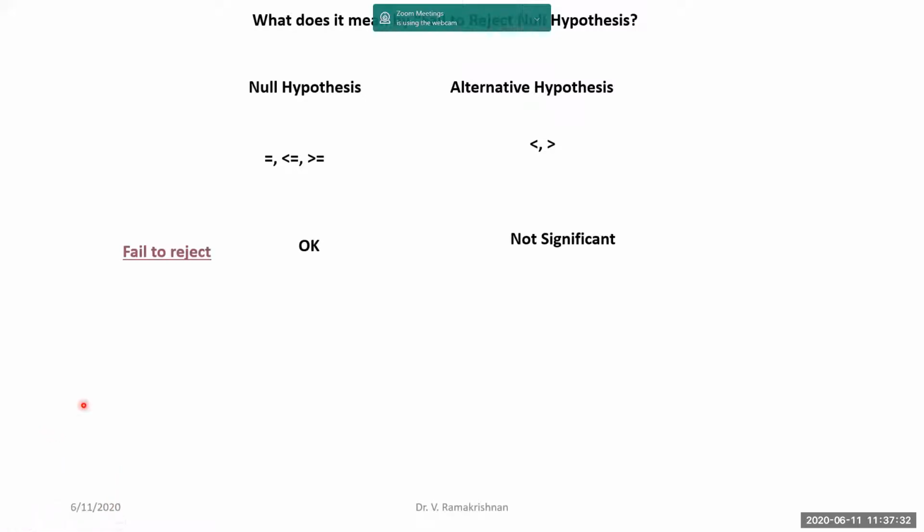But then what if I reject it? If the p value is low, lower than 0.05, I will reject it. So what do you mean by rejection? Rejection means this is significant. The alternative hypothesis is okay. It is significant. At what level? The error that we make is 5%. The confidence level is 95%. So when we reject it, the alternative hypothesis is significant. With 95% confidence, I'm saying that it is significant, but I'm not saying that it is true. You have to go and do further tests to prove that.